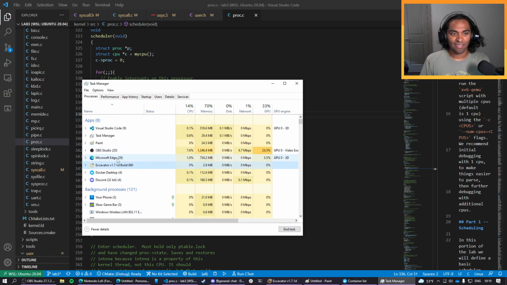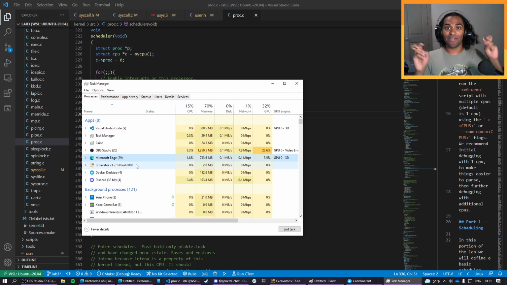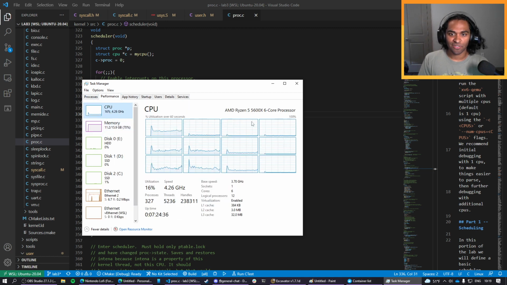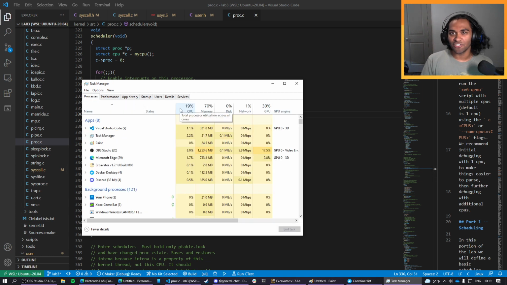I have like 8 processes all running, quote unquote, at the same time, but they can't actually be running at the same time. I don't have that many cores. I only have 6 cores. Here you can see I only got a 6-core processor. So that's where the scheduling concept comes in, where it's like, okay,